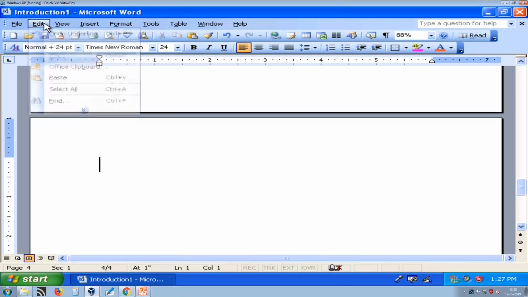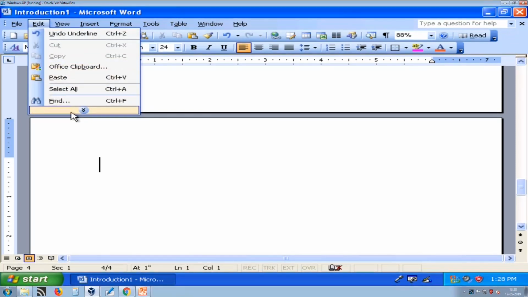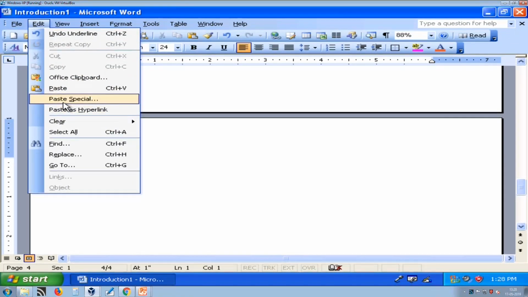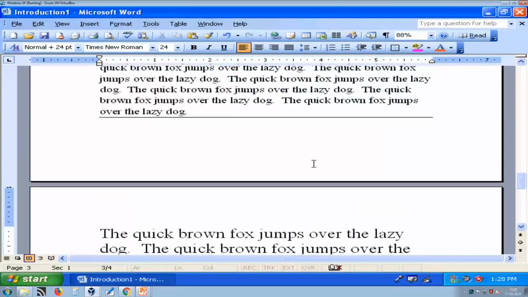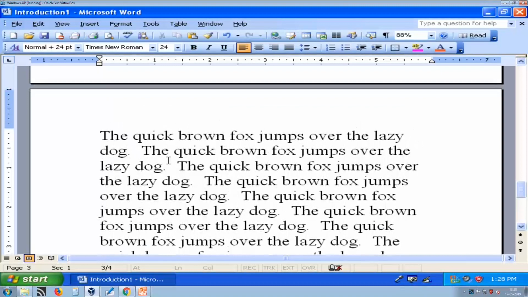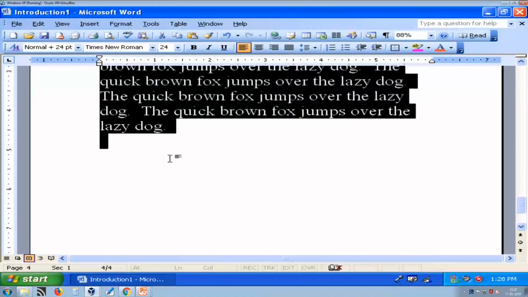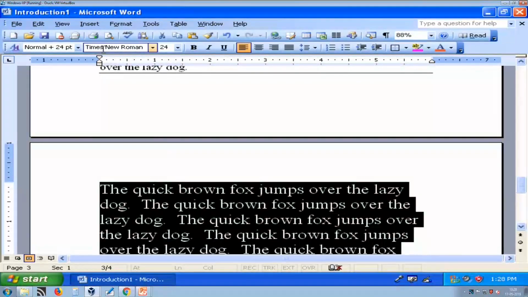So, what I can do is paste special. Instead of paste, I can use paste special, and here I can use unformatted text. So, if I paste as unformatted text, all formatting will be removed and only text is available. So, this is how you can use paste special.